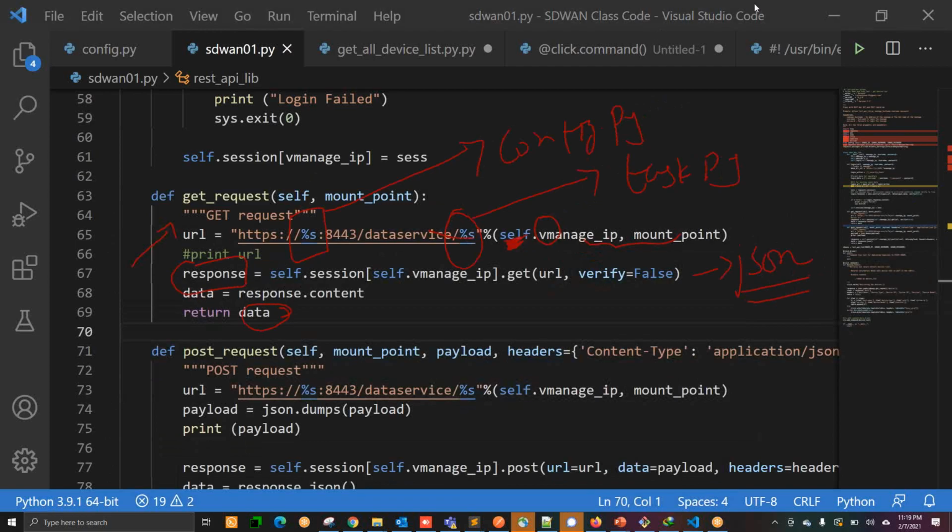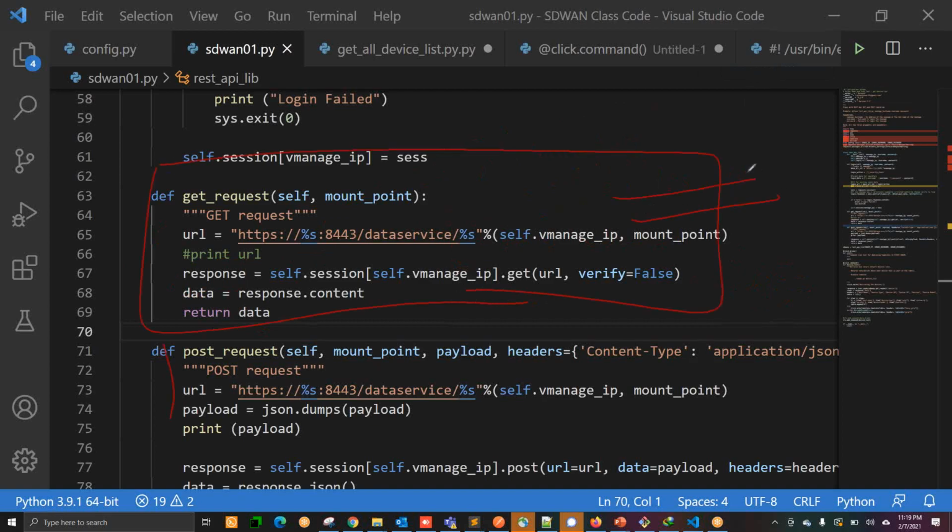Before moving further, I just wanted to show you this example first. Let's try to understand this, and then I'll come here. It's a very minor difference between this and this. The minor difference is just the payload. You are using one extra keyword, payload, here, and that's the thing. But let me show you the get function first, and then I'll come to the post.